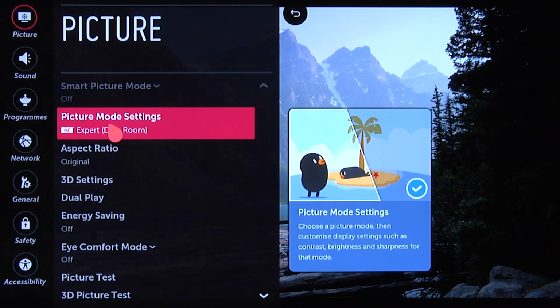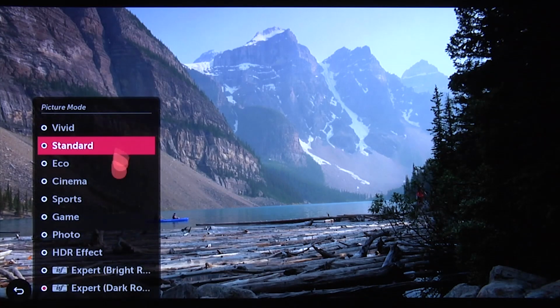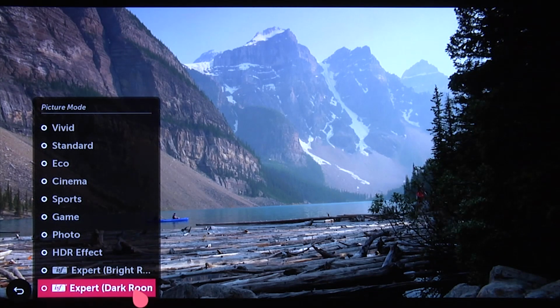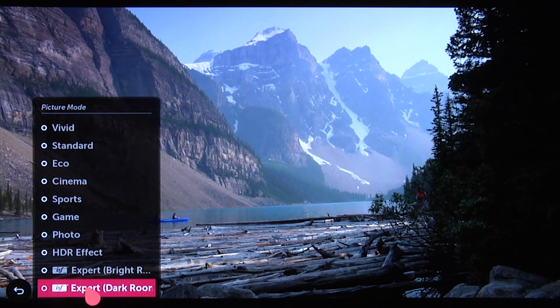Okay, picture mode settings. Now there are a number of different picture modes. We're going to be using ISF Expert Bright Room and ISF Expert Dark Room. As the name suggests, one is intended for a room with ambient light, a bright room, basically a daytime setting, and the other one is intended for a dark room, obviously a nighttime setting when you're watching TV at night, either with the lights out or with minimal lighting in the room. So starting with the dark room setting,